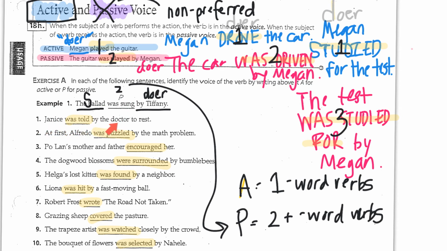It's the doctor who's doing the telling. And that is called a passive voice sentence. And so I'm going to label number 1 as P, just like I can label number 2 as P. Because not only does number 2 have this 2-word verb,